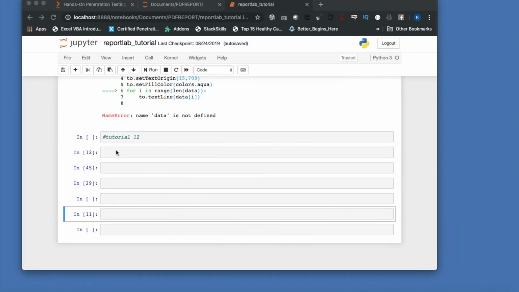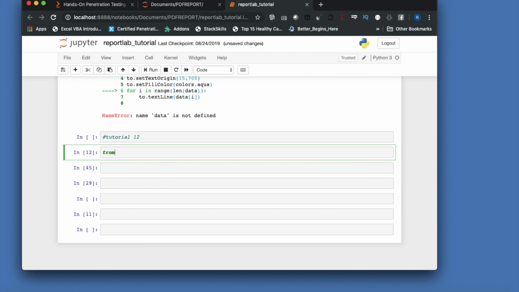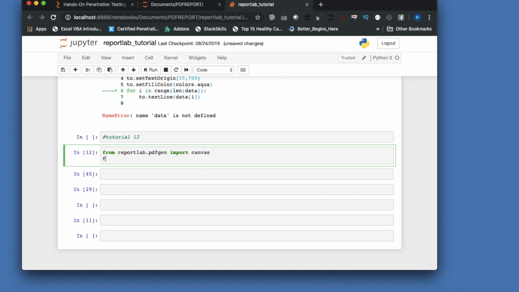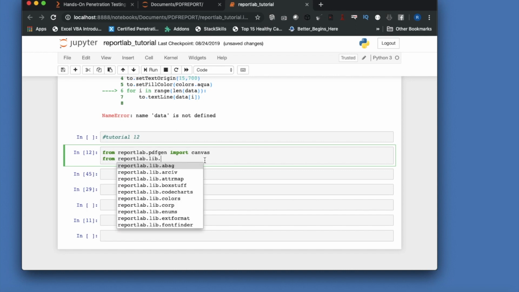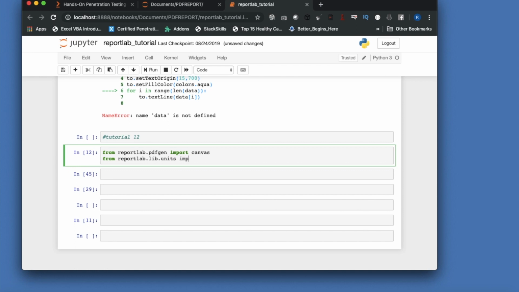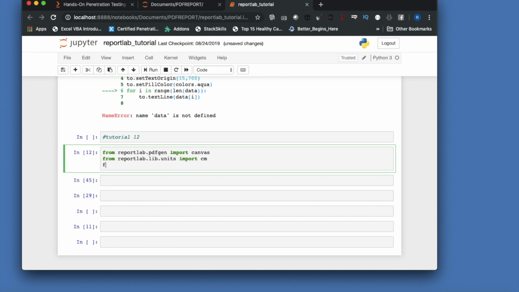So first things first, from reportlab.pdfgen import canvas, then from reportlab.lib.units import centimeter, and the last thing is colors from reportlab